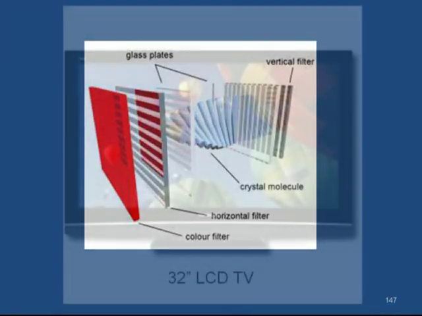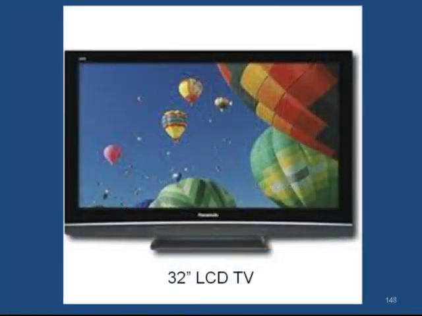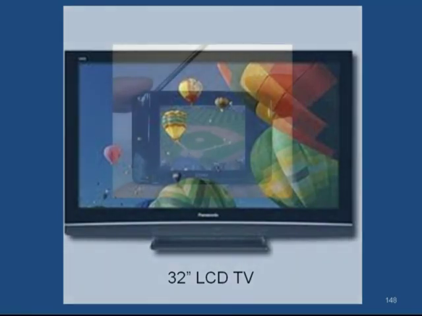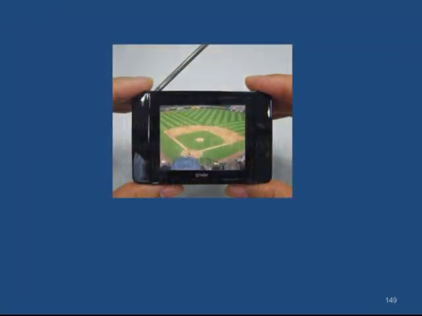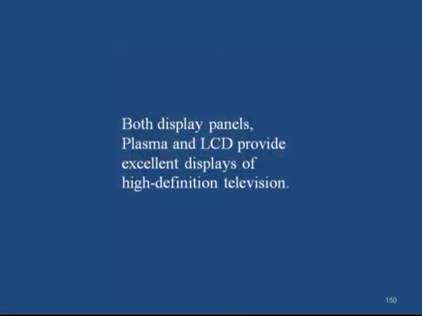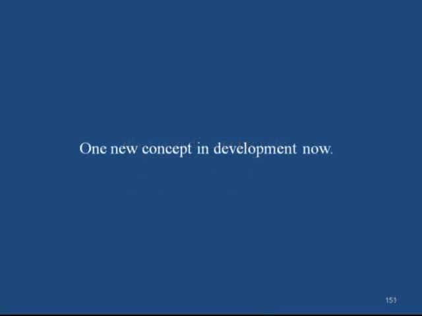The two systems are pretty good. This is a 32-inch LCD TV. Small ones, which you could do with LCD. Now, both display panels, plasma and LCD, provide excellent displays of high-definition television. You can find all sorts of reasons to buy one or the other. We have both in the house, and they're both satisfactory. Now, one new concept